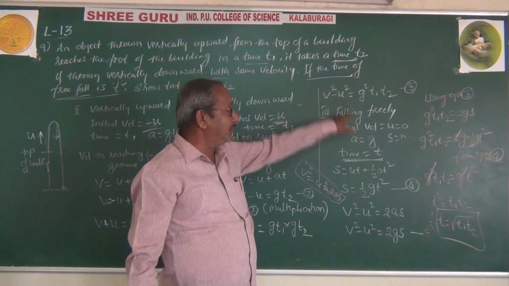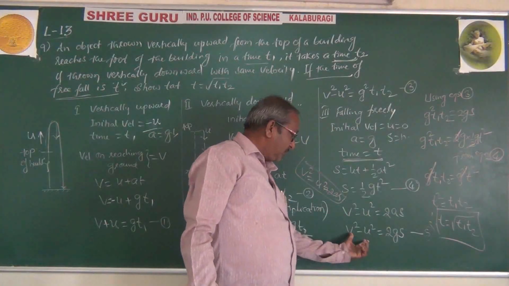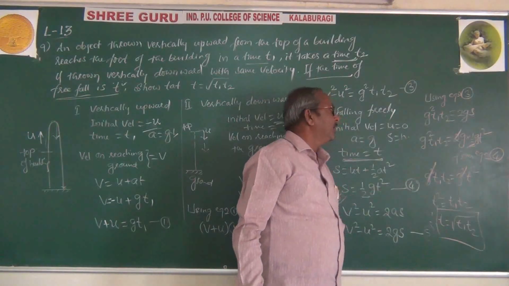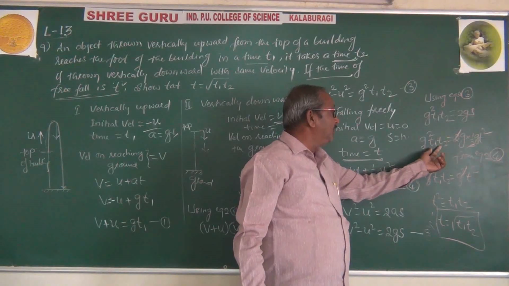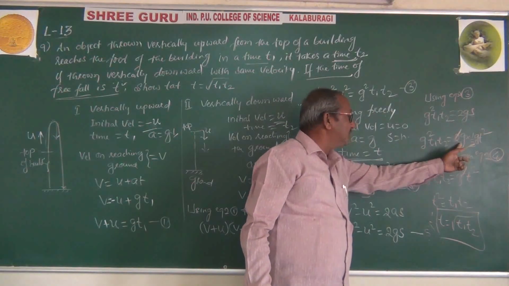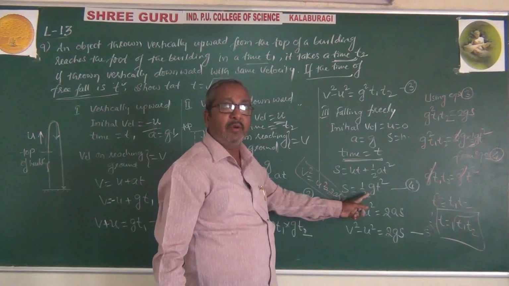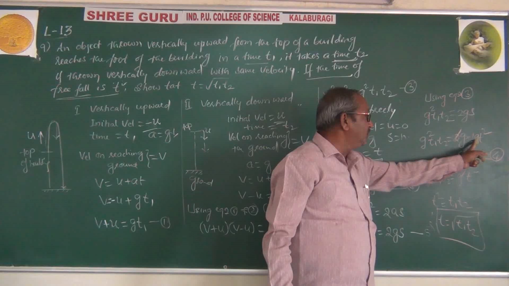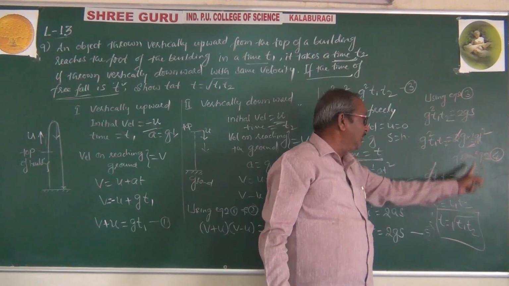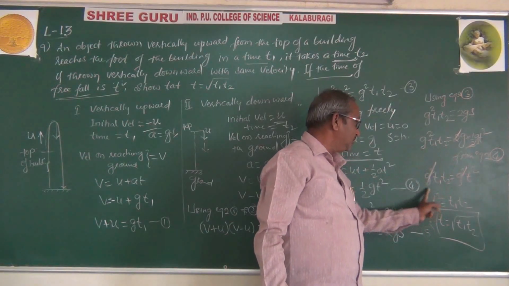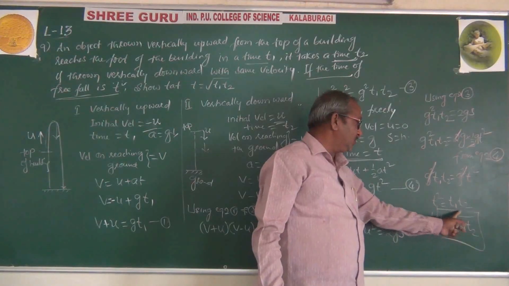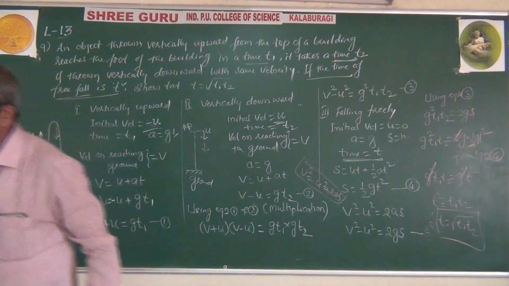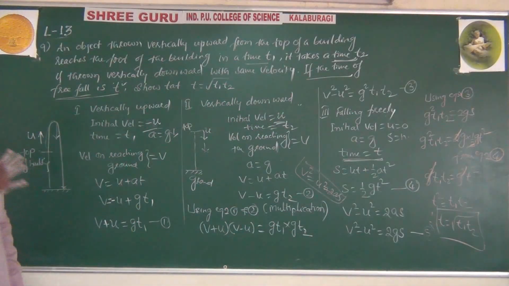Another g square t1 t2. Here v square minus u square is g square t1 square equal to 2gs. Take g square t1 t2 equal to 2gs as it is. From the equation, s equal to 1 by 2 g t square, this here we have to substitute. Here t cancels, g into g becomes g square, and g square cancels with g square, t square equal to t1 into t2, therefore t equals root of t1 t2. Is it clear? This is the other equation.